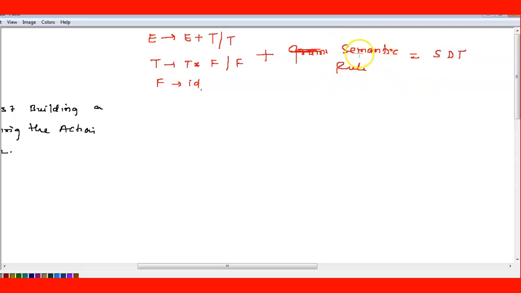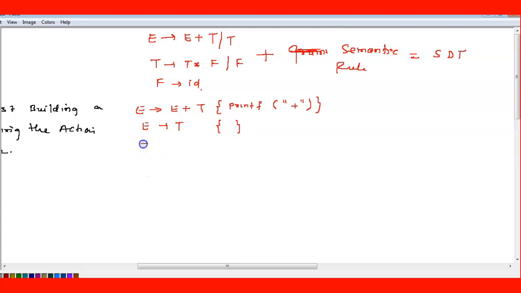What rule we have to add, you have to decide according to the SDT. Consider E is equal to E plus T. I'm writing the rule print plus; I will tell you later why I have written it. Next, E derives T, so I'm writing it separately, and I have done nothing.